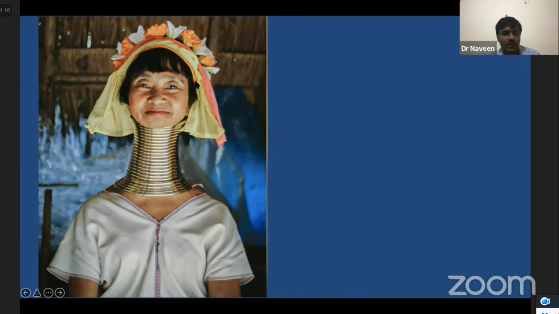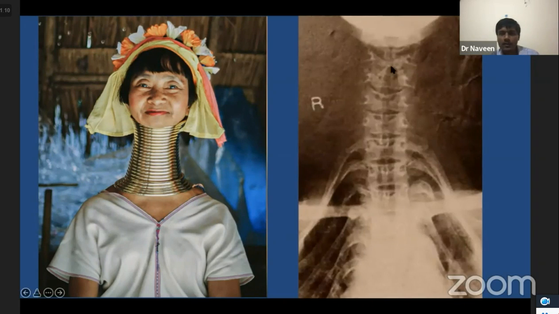This is a woman from a tribe from Myanmar and Thailand, where they wear these brass necklaces, neck rings, starting at the age of 5 years. What it does is actually create an illusion of elongating the neck, of having a long neck. In reality, this is just an illusion, because it is basically pushing the clavicle and all the ribs inferiorly, and it can cause various health hazards, even causing compression of the various nerves and difficulty in respiration. All these things can happen.